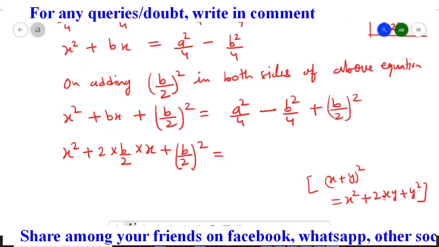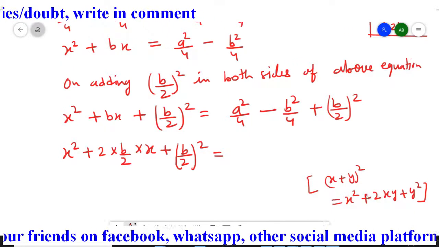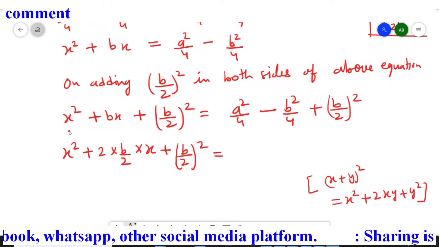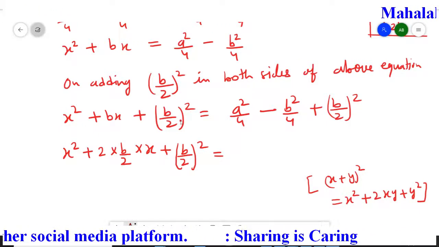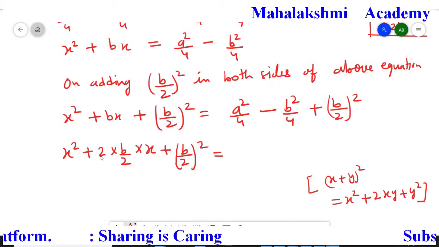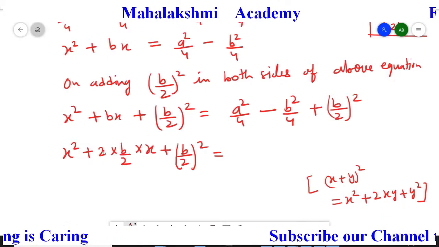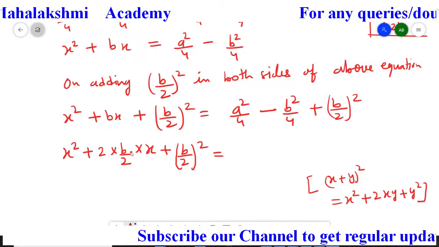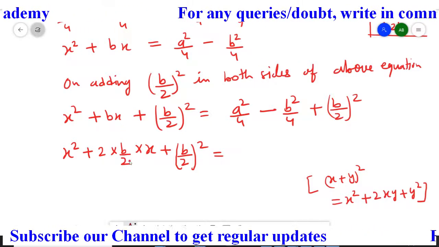Because, student, with this 2 we have x and y, whatever is in the extreme, that is, the extremes are x square and y square. So here instead of x square we have x only, but instead of y square, what is our y? b upon 2. So here 2yx. So this came here. Once we cancel it, it's going to be bx again, meaning bx is not changed. I wrote only bx in the other format, but the meaning remains the same.